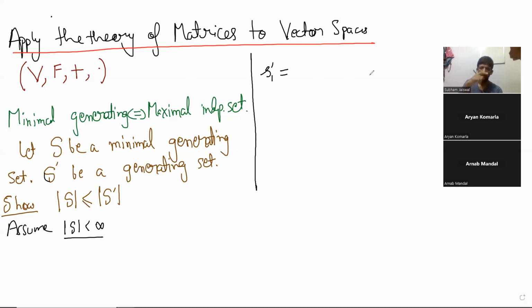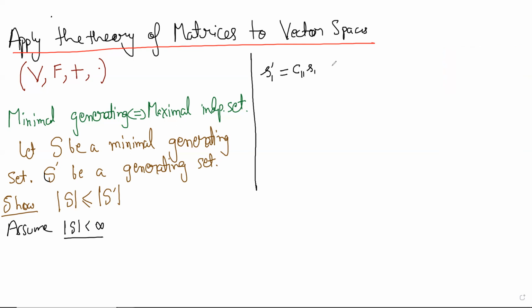So you write it using a linear combination from S. It's in S prime, and it can be written from S using linear combinations from S. So you do that and see what happens. And similarly,